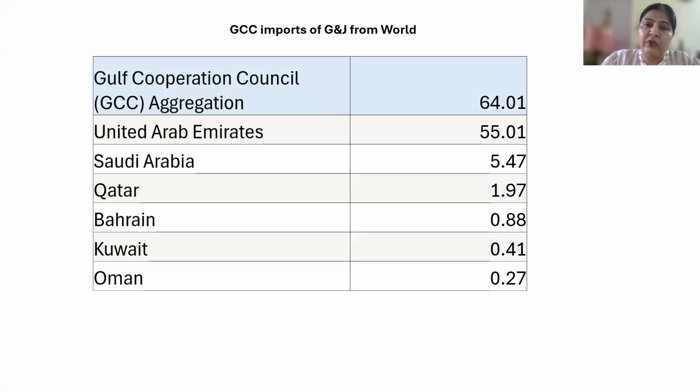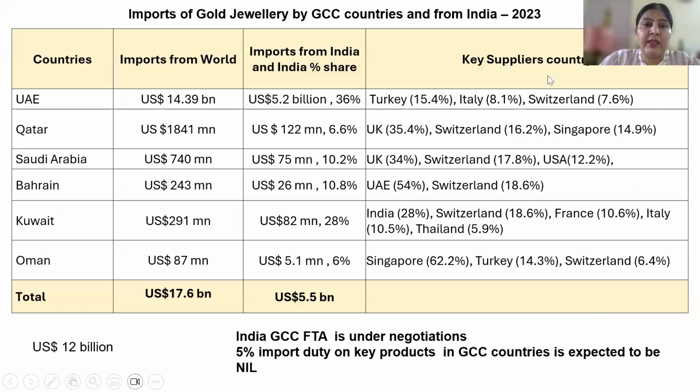Because if I show you the next slide, this slide pertains to only gold jewelry, because everybody knows that in GCC, what we are exporting majorly is gold jewelry to these countries. So now if we see this, apart from UAE,